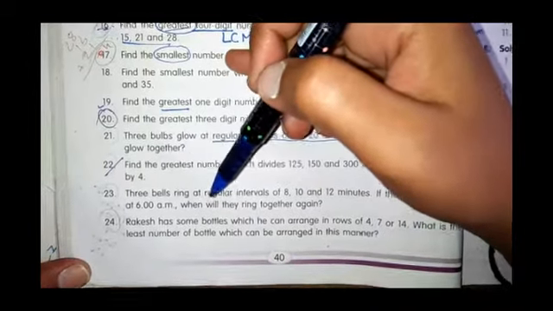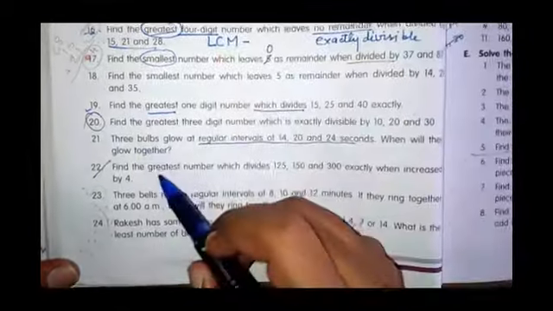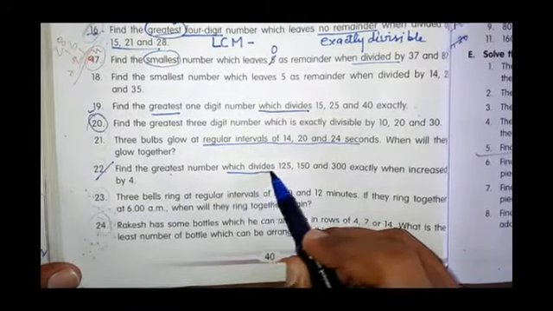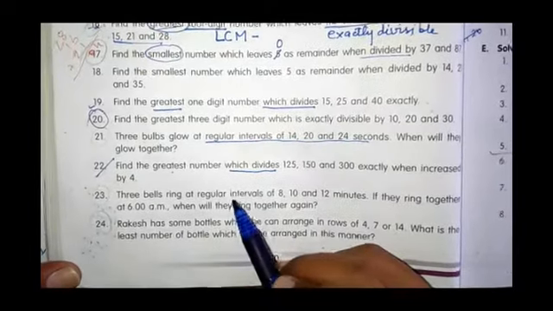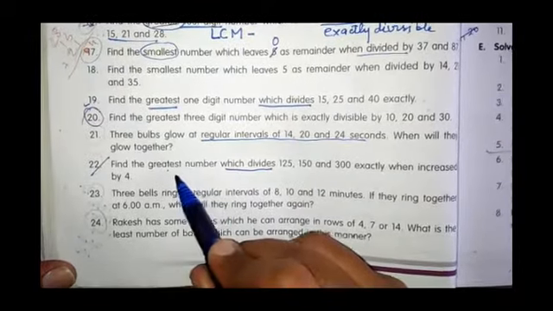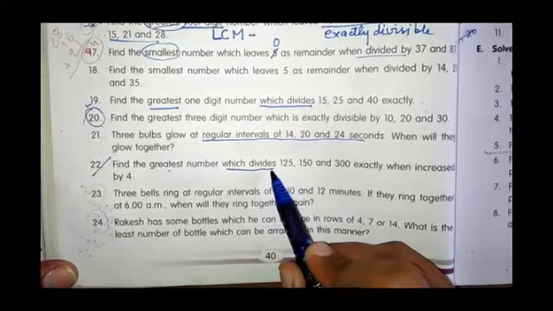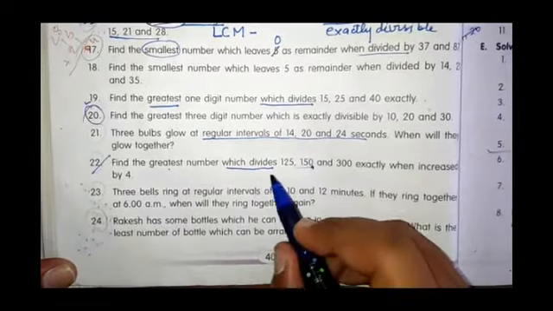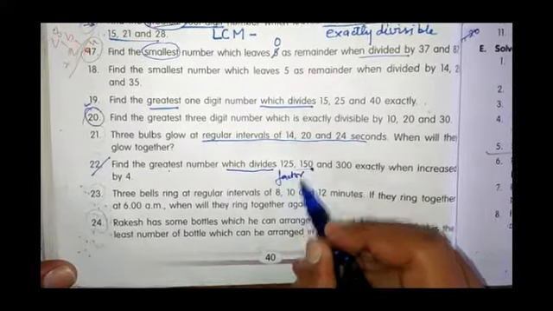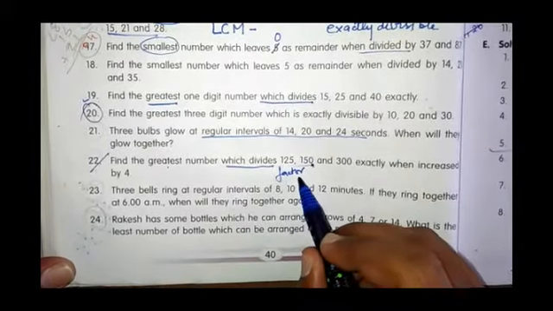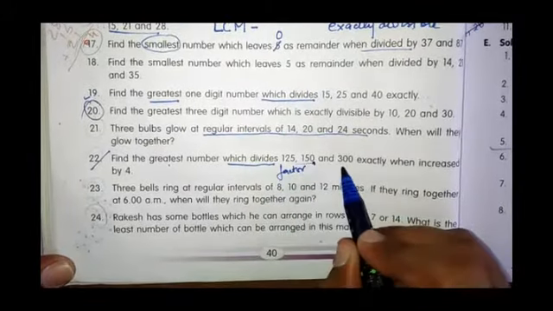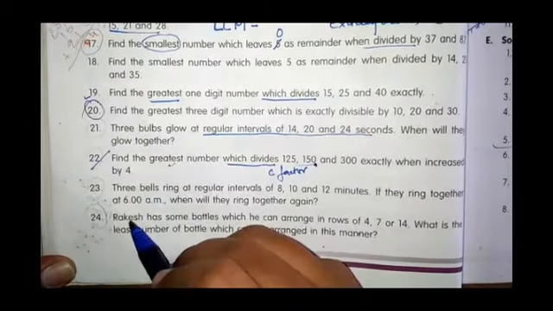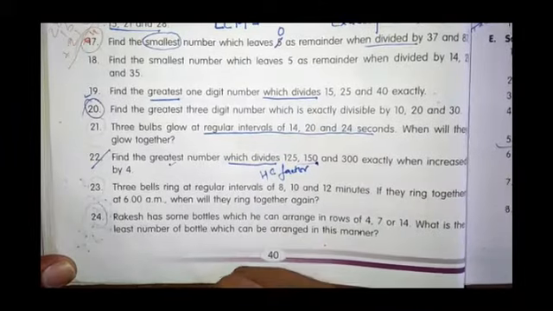Okay, so what did I ask you to do? Never pay attention to the word greatest first. First you have to see whether the number is dividing or the number is getting divided. Here the question says find the greatest number which divides. That means the number which divides is a divisor, and we also call it a factor. So here we have to find the factor which divides all three numbers exactly, that means the common factor, and the term written is greatest, that means the highest common factor.